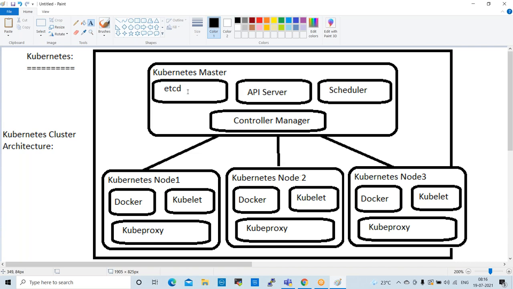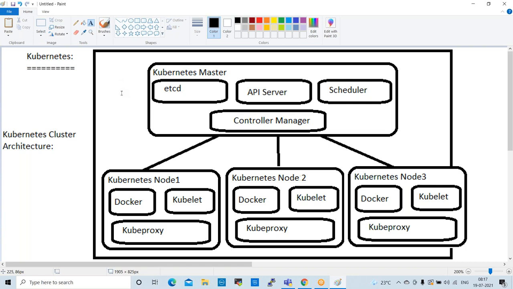So etcd will understand, and the controller manager takes the action. If any pod is corrupted, node is corrupted, or any container is corrupted, the controller manager will recreate and reconfigure it. Because in Kubernetes we have auto healing capability.